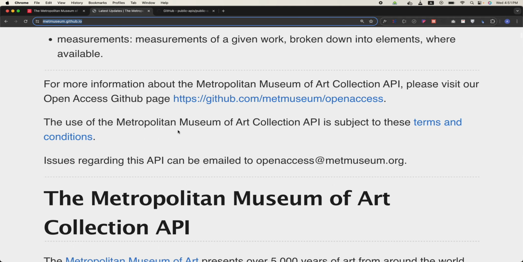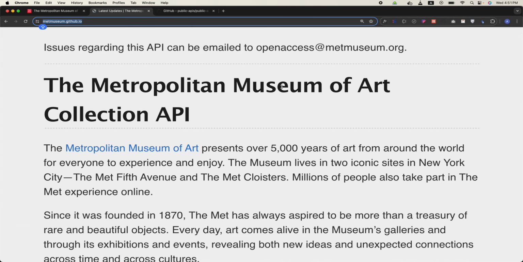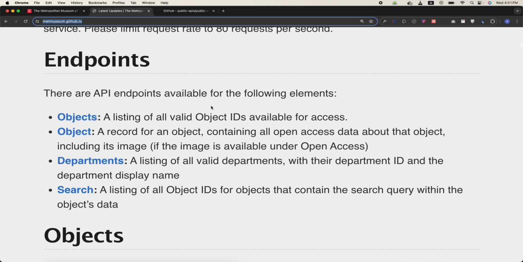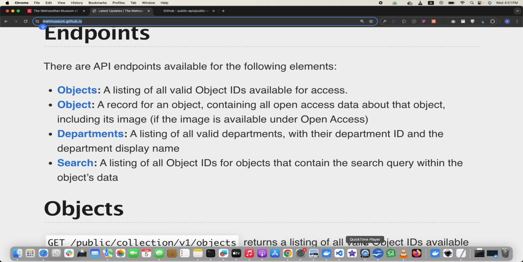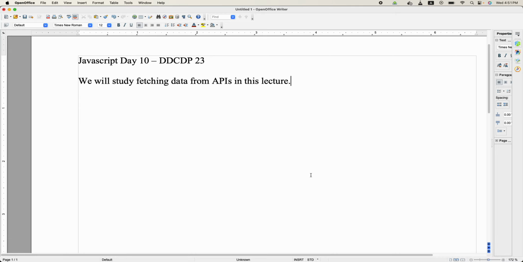So here is the Metropolitan Museum of Art Collection API, and let me just go back to the document and give you an overview of what HTTP requests are. A URL normally you can call an HTTP request. For example, if I issue some URL,